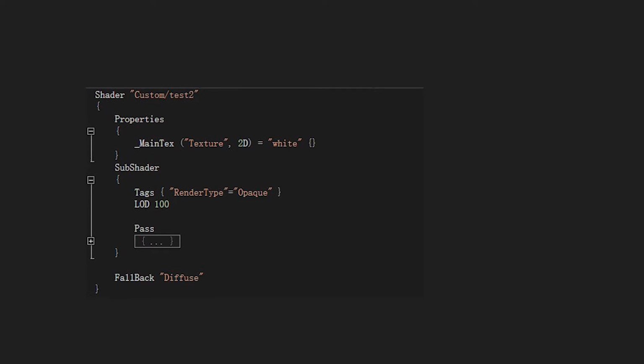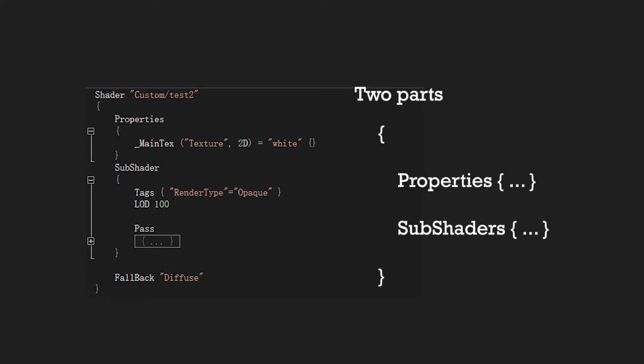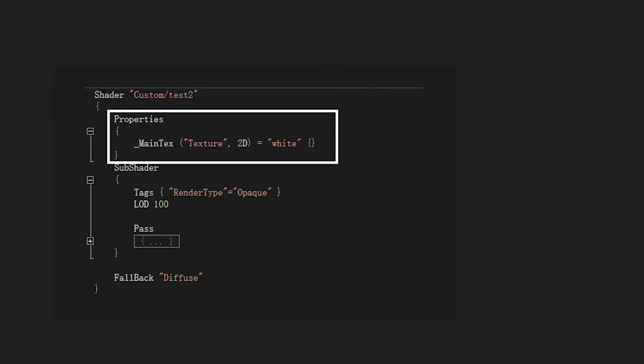After the string, there is a familiar pair of brackets. Inside the brackets is the content of the shader. There are two parts in the brackets, Properties and SubShader. Properties are similar to the place where we declare some variables in a class. We can see and modify these properties in the shader's Inspector window. Here, we need to declare some variables to control the rendering effect of the shader by modifying the values of these variables. There is already a line here.